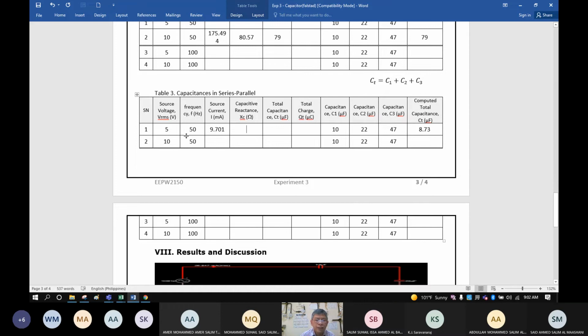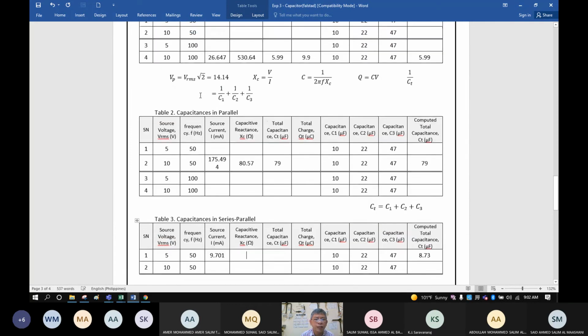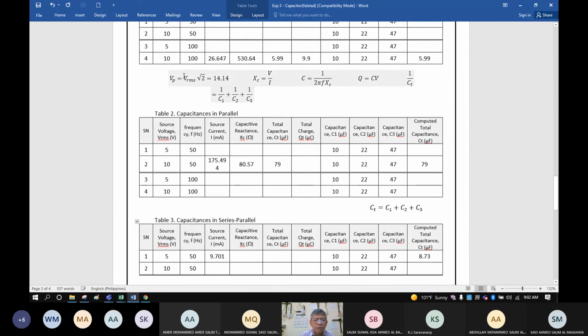Just multiply this 5. 5 multiplied by square root of 2. In your calculator, there is a square root of 2 there. Because did you see this formula? The voltage multiplied by square root of 2. So this one becomes 5. This is 5 multiplied by square root of 2.